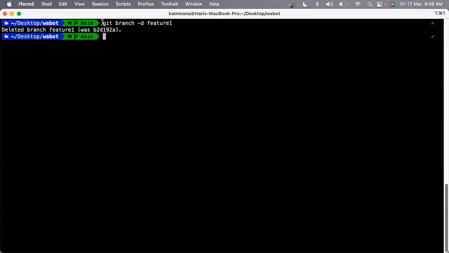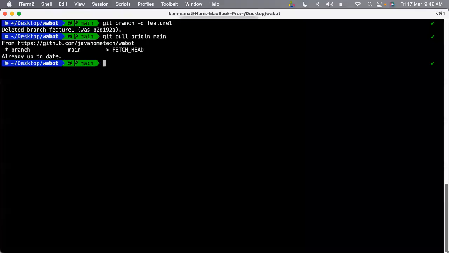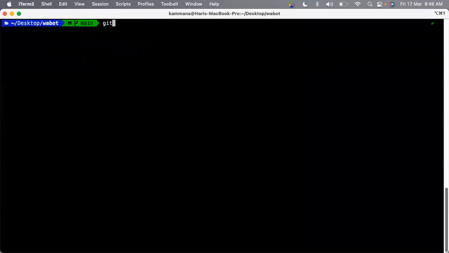Now, again, I got a different task. According to our best practice, git pull. See, I did a pull just a few seconds back. Assume I did it 1 week back. So git pull origin main, so I have up-to-date code. So how to create a branch? Git branch, different name. To check out the branch,